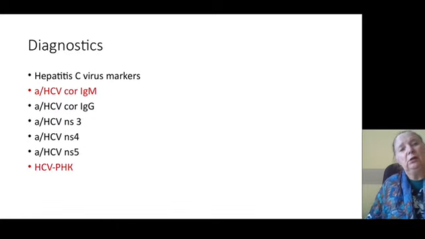Markers of infection. So we indicate the antigen and antibody markers of infection. In acute period of infection, in the first days of infection, we indicate anti-HCV core IgM and HCV RNA of the virus by polymerase reactions. So it is markers of active replication. And when markers of active replication keep more than 6 months, we think about chronization of hepatitis C. Next, anti-HCV core IgG,